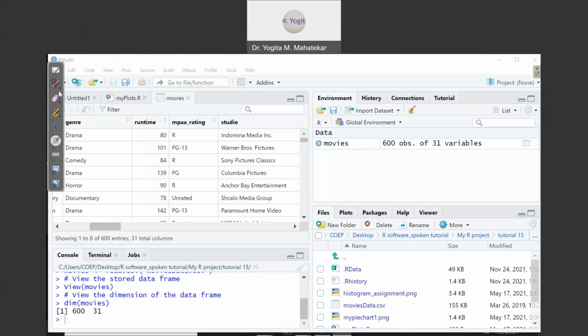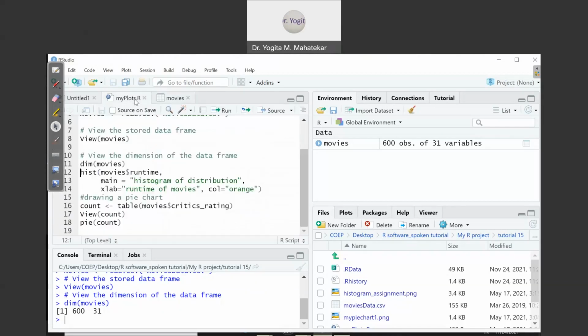That command will do everything basically. The command starts with hist, and inside it the movies data frame, dollar, runtime is the column name from where the observations will be chosen and the corresponding histogram drawn. The main title is histogram of the distribution that I have given; you can give any other name.